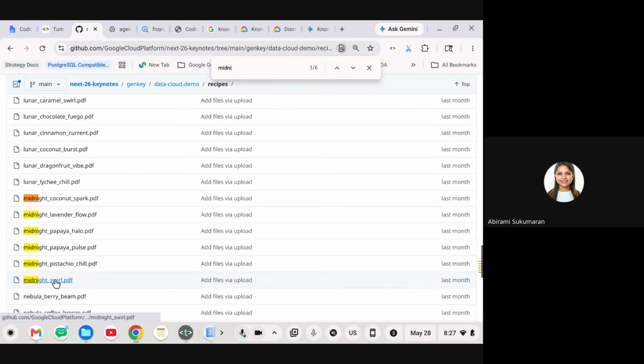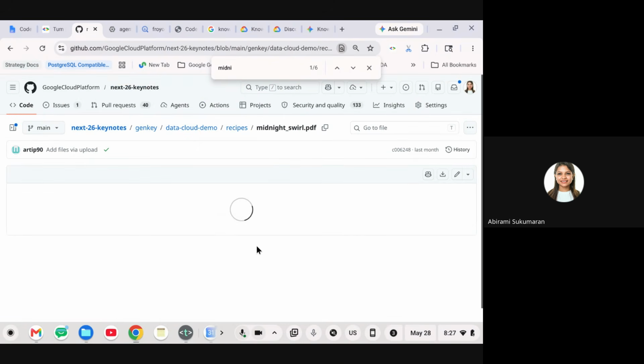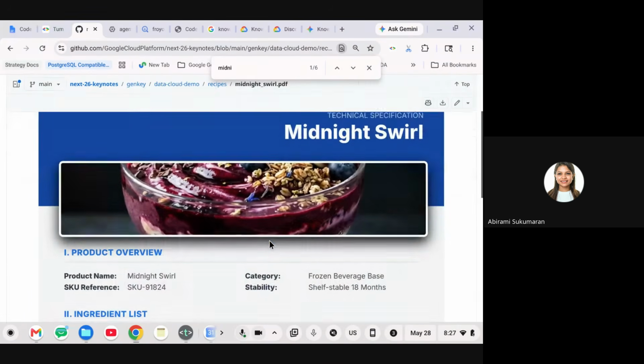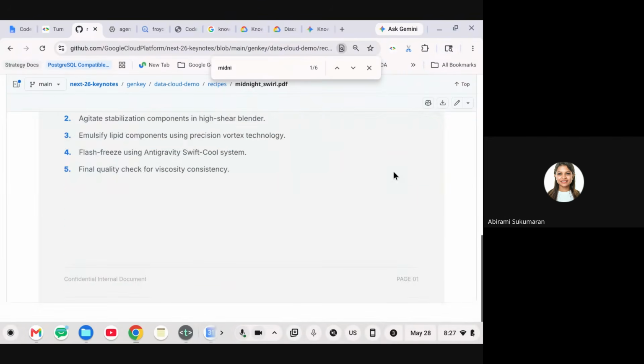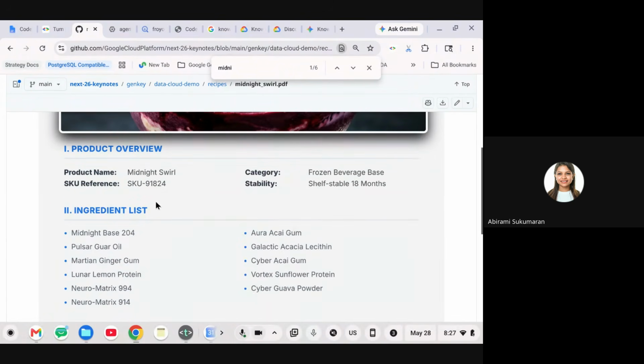Midnight Swirl PDF. Yeah, so if you see, the ingredient list has Midnight Base 204 and also ginger gum, all these things. If you ask me, I don't know most of the ingredients. That's a different thing.